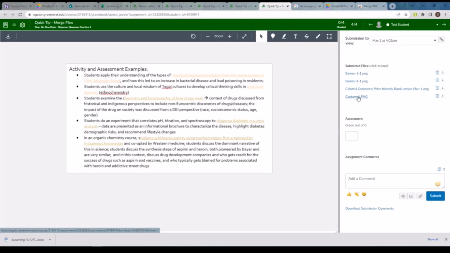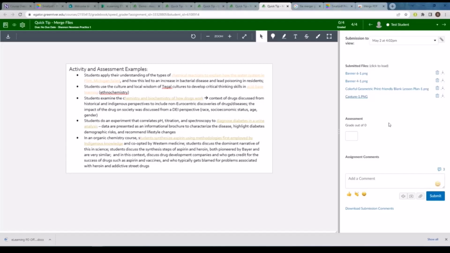And so then I would get 4 different files, and I would need to click on each of them, do SpeedGrader on each of them, and go back and forth between them before assigning them a grade, which is pretty annoying. So one thing that is really helpful is to merge these different files.